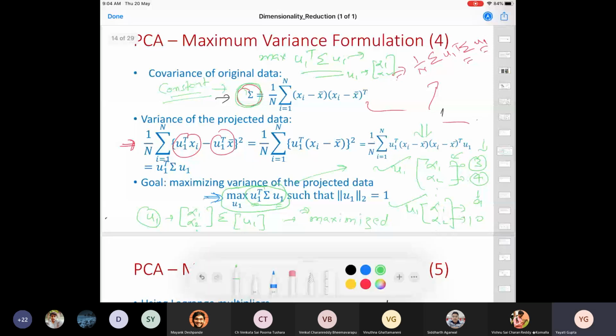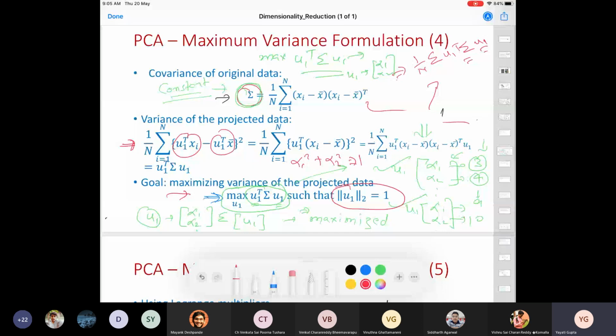That is why we add this constraint that alpha 1 squared plus alpha 2 squared should be equal to 1. This is the reason we have this norm constraint set to 1. I hope I have given you some intuition of why we add this constraint, just to ensure that the individual coefficients do not become as large as possible. Okay.